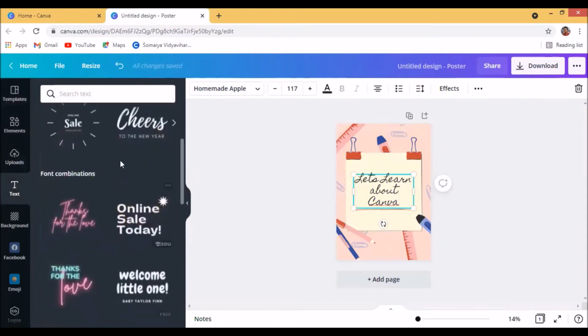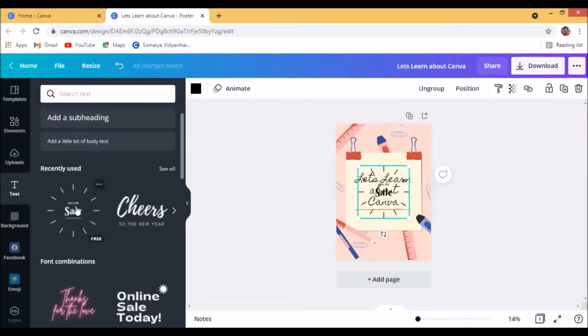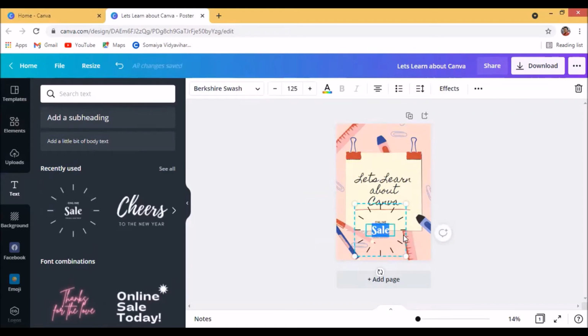So you saw how I've just added this, and I could just go to the text, and let's say if I want this text, you can see I just got that, and now I can add whatever I want to add. But let's go ahead. I'll not do any changes here. This was just for a demo, so I don't want to write anything here. I'll just use the outline.